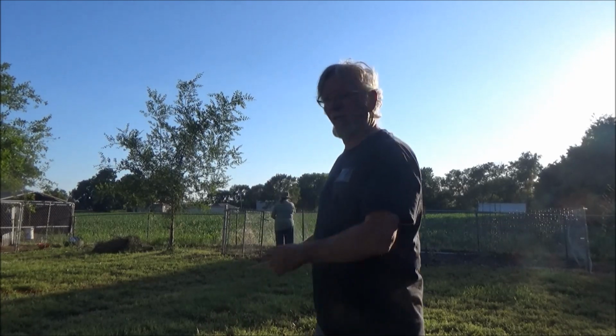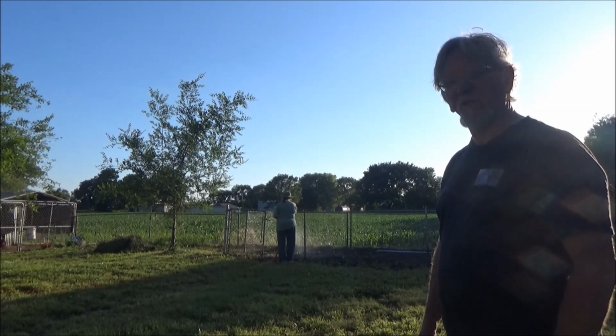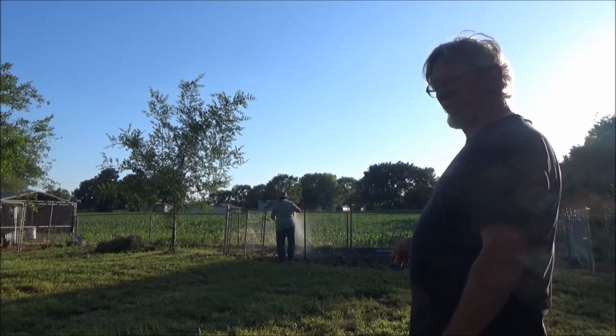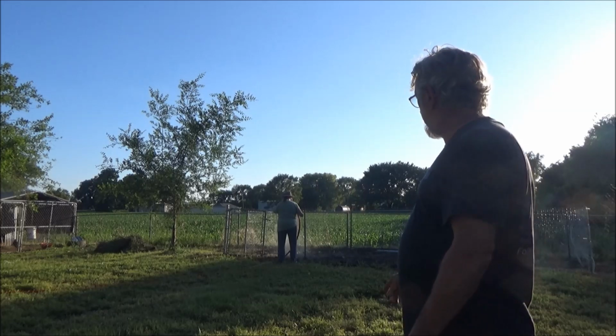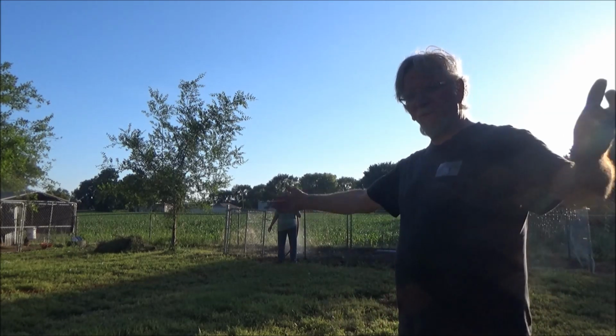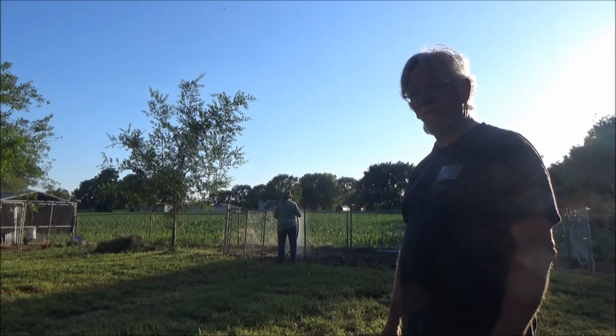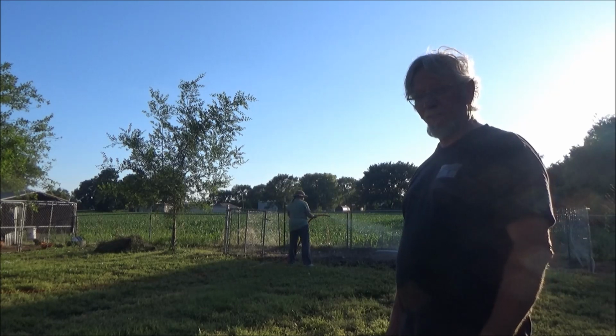Well, we got the garden up. You see the missus maybe back there. I don't know if you got enough light, but we haven't had a real garden the last couple of years, and haven't had one that's been fenced in for quite a while, so we just got done. As you can see, we're tired. We've been at it. You know, gardening isn't pretty, but